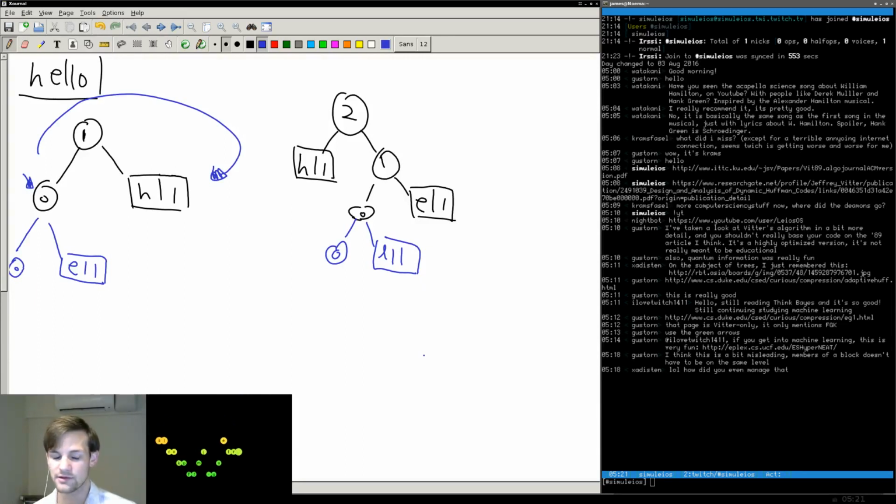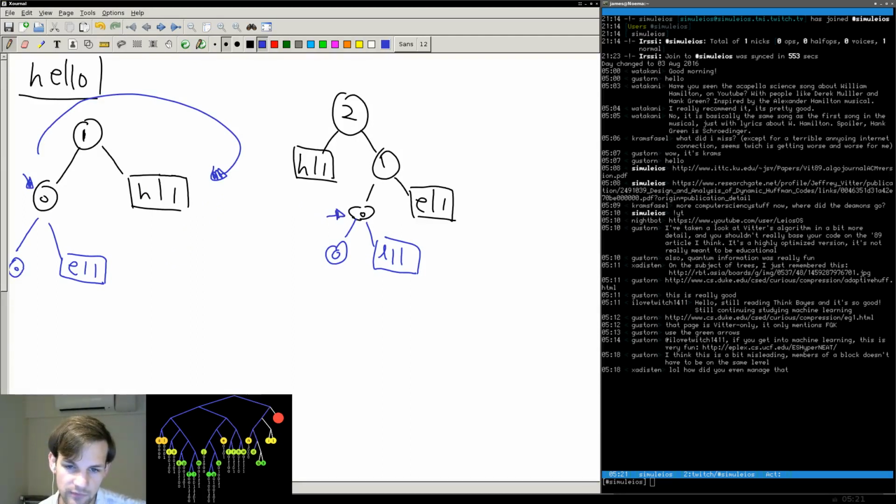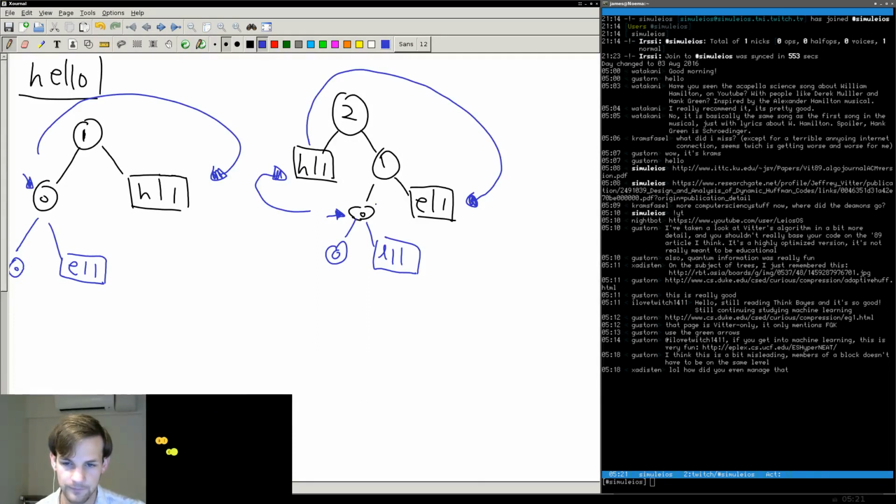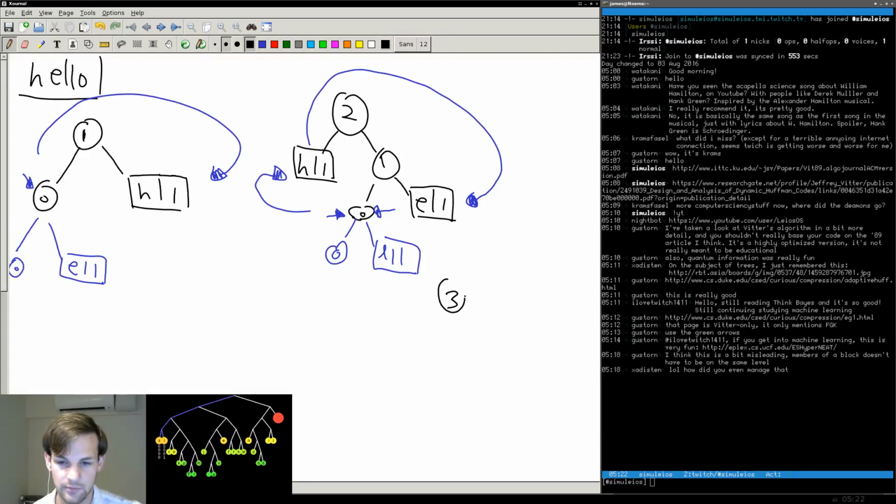Okay, so this one's a little bit weird. Let me think. What do we need to do here? Well, this guy right here needs to move to the start of all of the 1 nodes, right? So all of the 1 leaves. So that means it needs to move over here, which means this guy needs to move somewhere. Where is it going to move? Well, it has to move over here, and this guy has to move over here, creating a new tree that looks like this. It's going to be 3, then it's going to be 1,